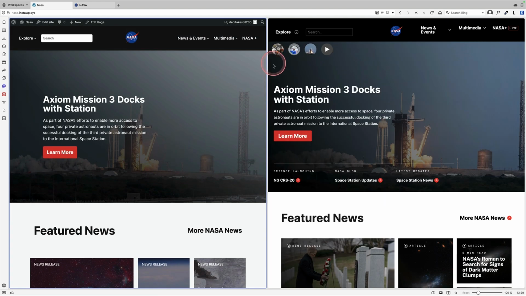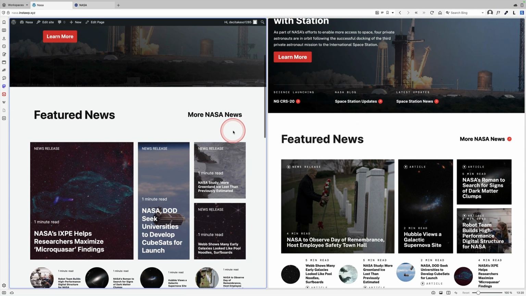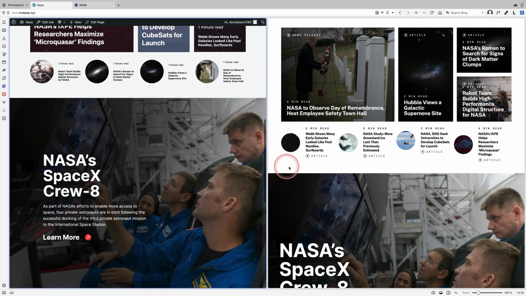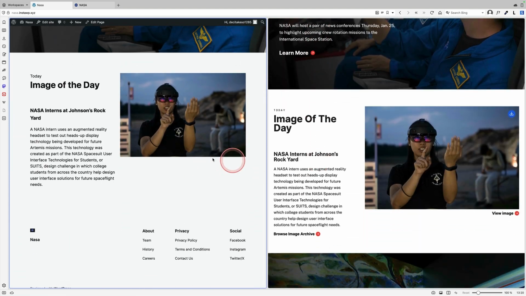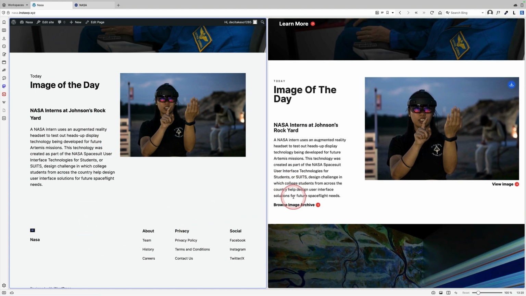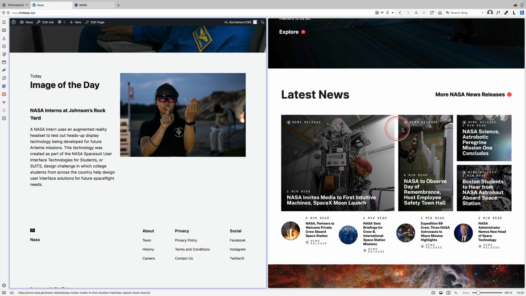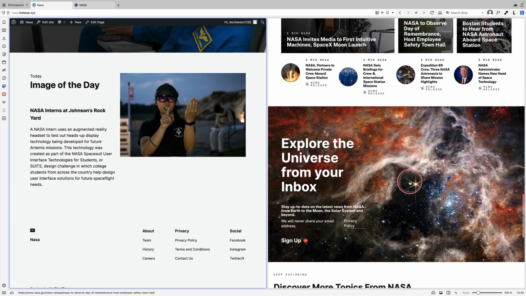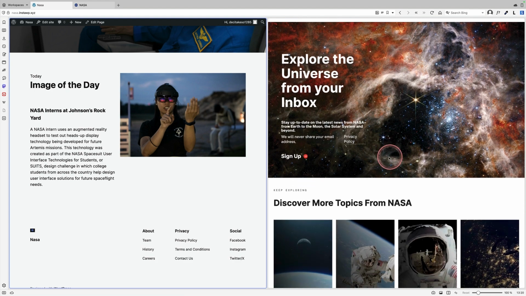This is the front page hero, looking pretty good. NASA's is over on the right, mine's on the left. And there's my complex blog section there with the post grid coming in. There's that hero. That's looking fairly accurate. There's the image of the day. And then really, that's kind of where I've got to. If you go on the NASA homepage, there's quite a lot more stuff, but actually this is all stuff we've already covered. So hopefully you can see it's just replicating. That's the cover block. There's that post grid that I've already created. So all I would do, which I'll do very quickly, is just to duplicate these.